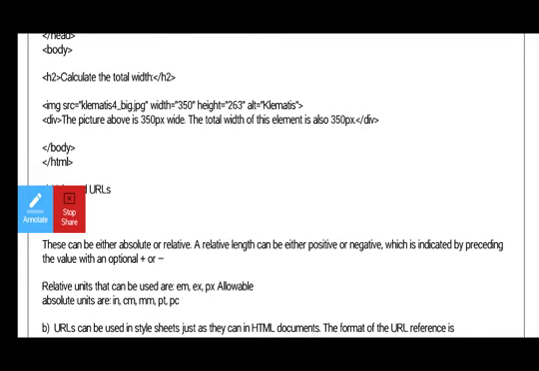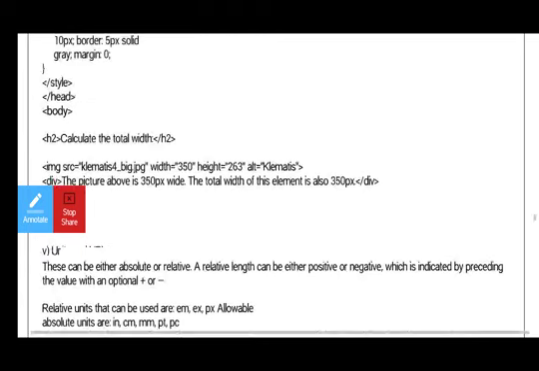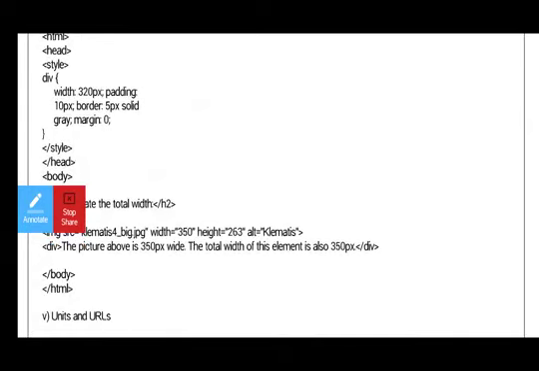So like this, we use the division. In the style, for the division, width is 320 pixels, padding is 10 pixels, border is 5 pixels solid gray, and margin is 0.